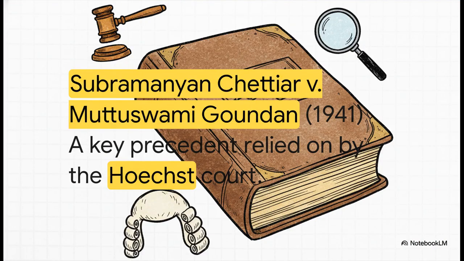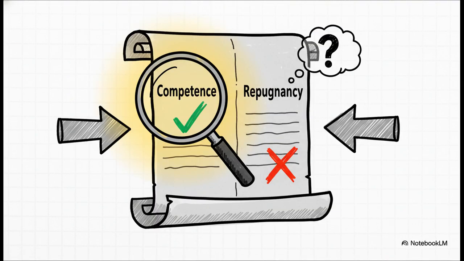First up, he takes apart the famous judgment from Chief Justice Squire in the federal court. This case was a cornerstone of the Hoist Court's reasoning, so it's a critical piece of the puzzle. So here's the key takeaway. Chief Justice Squire was focused on one thing and one thing only: legislative competence. Did the Madras legislature actually have the power to pass this law? He used pith and substance and said, yep, it's really about money lending, so it's valid.